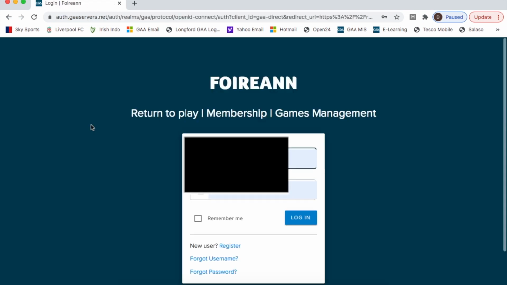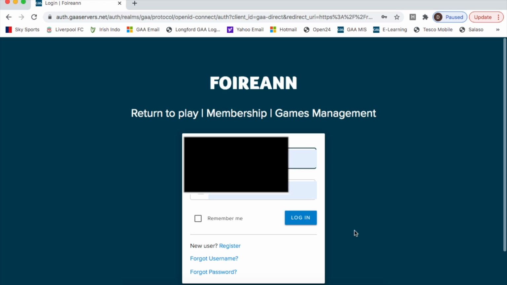Now, if you have this saved on your record from last year, it's still the exact same link. So if it's on your phone, it's still the same link. If you have it saved on your desktop, it's still the same link. Like mine, it's pre-populated from last year, so it's the same username, the same password. If you don't remember your username or password, you just click down here and you'll get the reminder back to